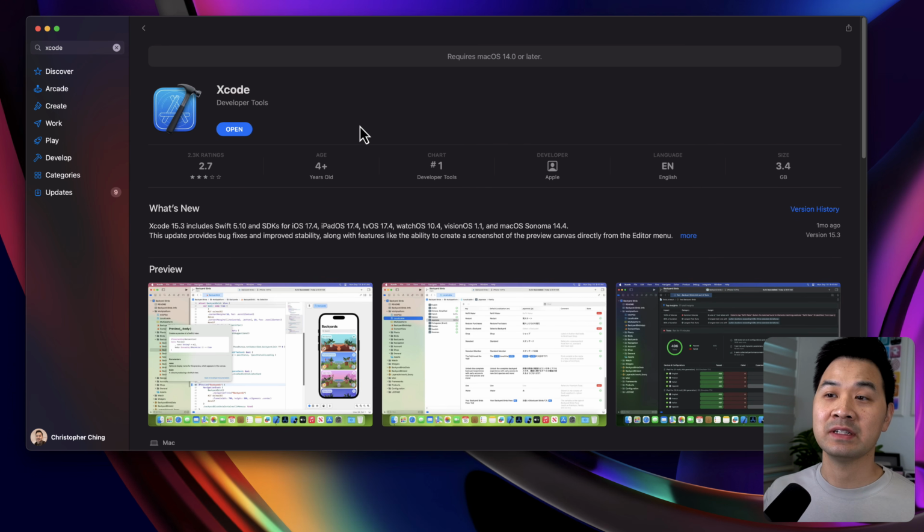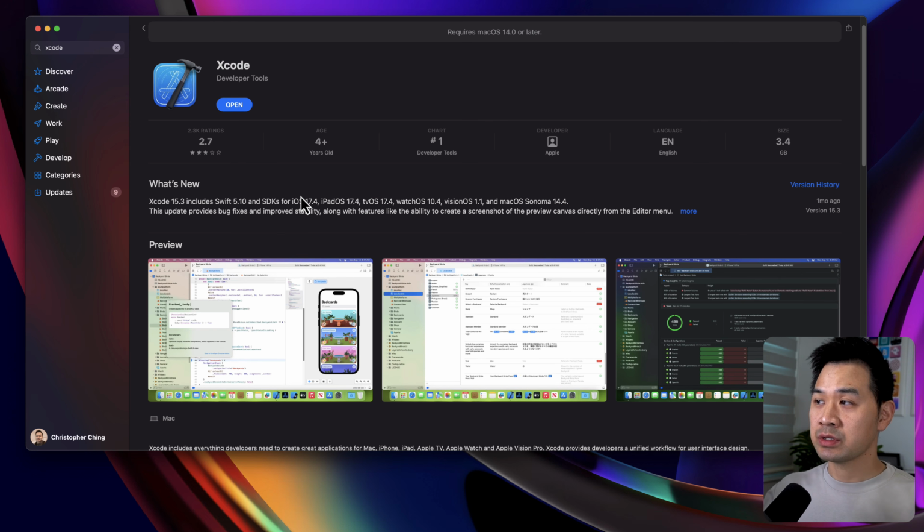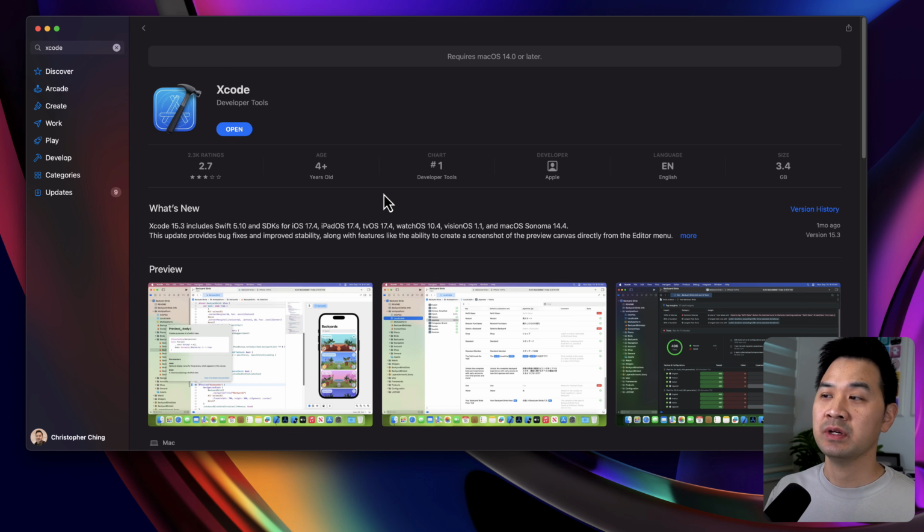So if you happen to have a developer friend or access to the developer portal where you can get access to an early release of Xcode 16, let's say, because this is Xcode 15, I would not use the beta simply because it's going to be even more buggy. There's less support for it. Some of the tutorials and videos that you find online to learn Xcode with will not be covering the betas, and so on and so forth. So this is by far my recommended way to get Xcode. All right, so go ahead and download and install Xcode, and then let's see how we can start a brand